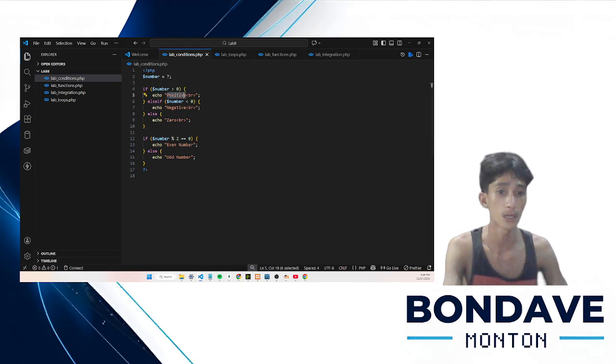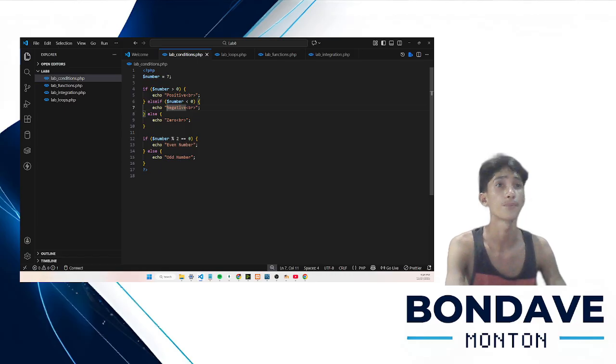Next, the else if: if the first condition is false, the program checks if the number is less than 0, and it will print negative if the number is less than 0.